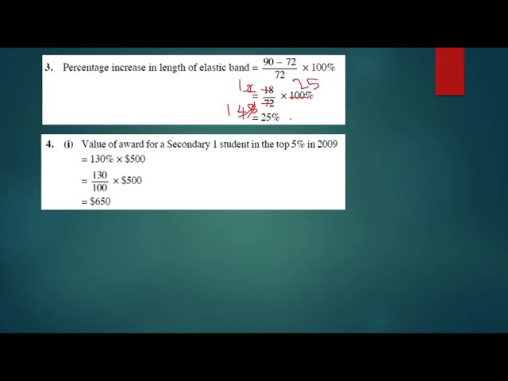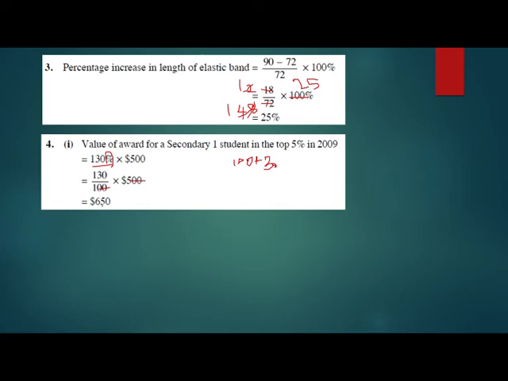So what is the value they are giving you? The increase is 30%. We already know that originally we have 100%. When we are adding, what is the addition? They were adding 30%. So you can say that the total percentage is now 130%. When we remove the percentage sign, we have to divide by 100. So simply cut these two 0s with these two 0s. Simply multiply 130 by 5, and you will get the answer 650.